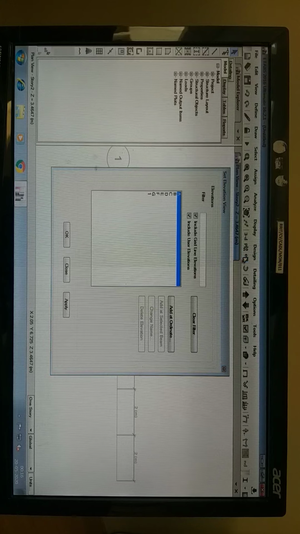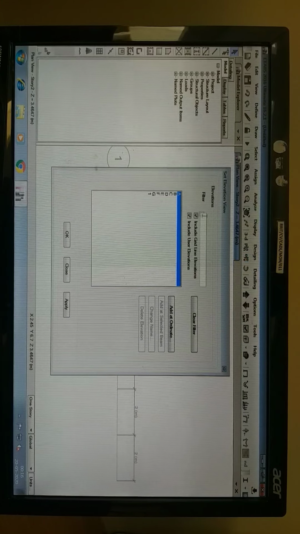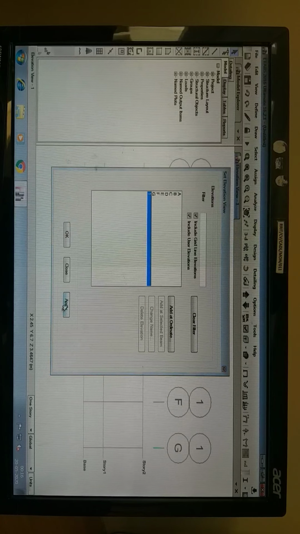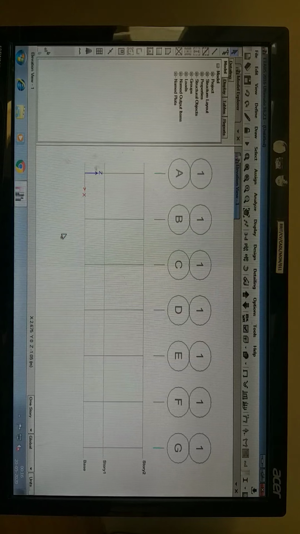Go to elevation, in the elevation view set 1, apply, click OK. Now you can see we have 7 grid lines in the X direction, and in the Z direction we have 3, that is story 1 and story 2.